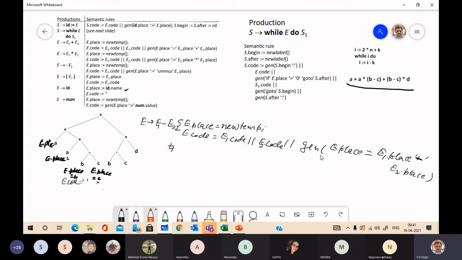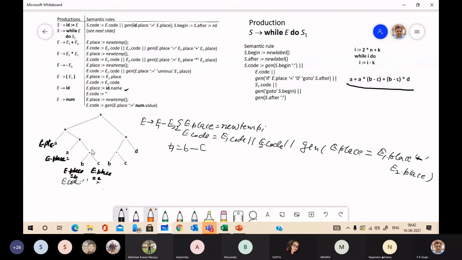Okay. After then gen. Gen means it will generate a three address code having E place. E place you have just computed through the new temp function. It will be T1. T1 equal to E1 place, E1 place is B, nothing but B, then minus due to this, then E2 place C. It will write this.